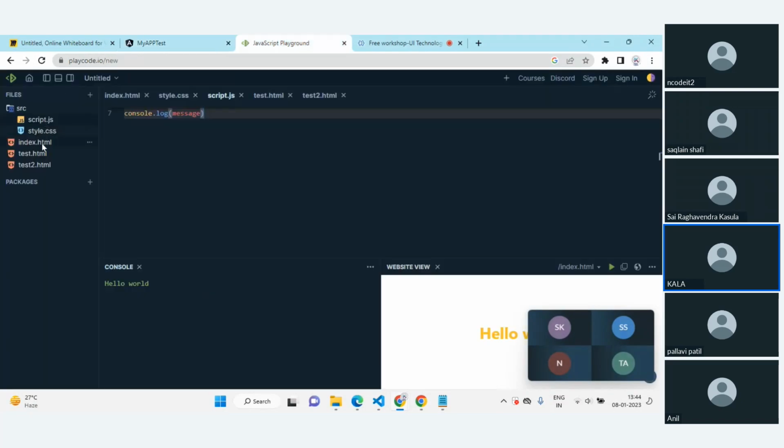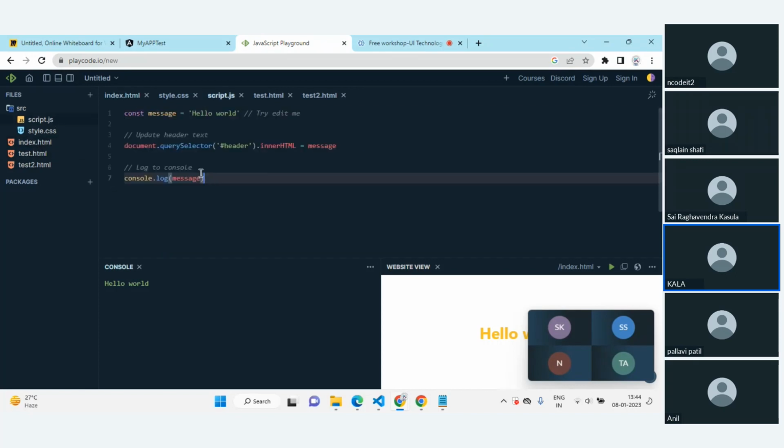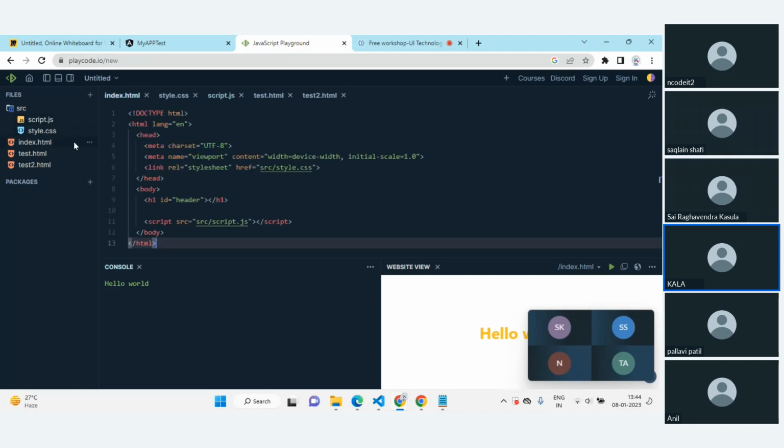Now here we can see an example in this editor. In the script.js file, we have given the message hello world, and we can refer to the document query selector. In the HTML, we will refer to this within the script tag by using the src attribute. We will refer to the file. Then automatically in the website we can see that